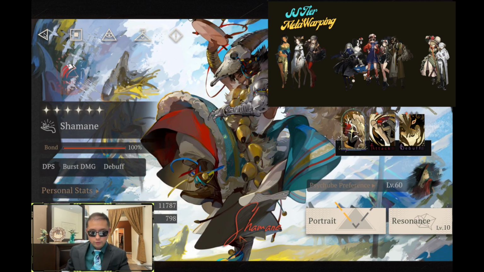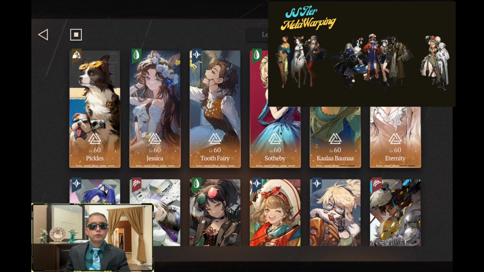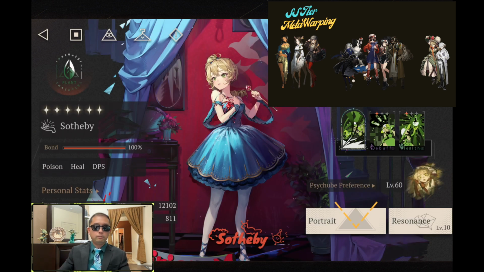Alright, so we're almost done here, guys. Moving on to Sotheby. I brought her up a tier because after playing Poison Teams more, I realized that she is really good. I think that we don't really have another sub-DPS unit that can heal as well. I think we only have 2 others that are 4 or 5 star units that are capable of doing this. But Sotheby is such a fantastic unit, basically the best poison applicator for Jessica,